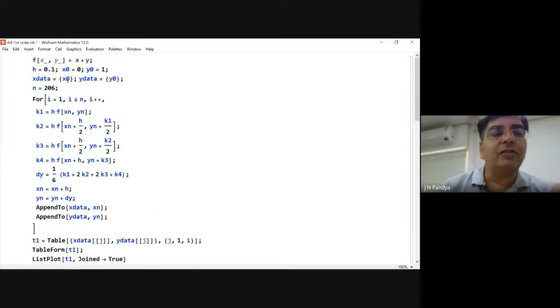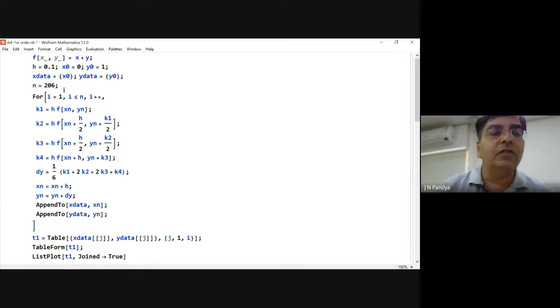Okay, now let us come back to our original thing. So what we have done, n equal to 206. What is the meaning of the semicolon? It will not display this output. It will assign n to be equal to 206, but it will not display that thing there. So for loop, this is my initiation. I'm starting with this thing. Then I'm checking this. Now, if I really want to write this, you might ask how did you write this thing? It is simply less than, equal to, space, so automatically that thing will come. It is like an auto correction kind of thing.